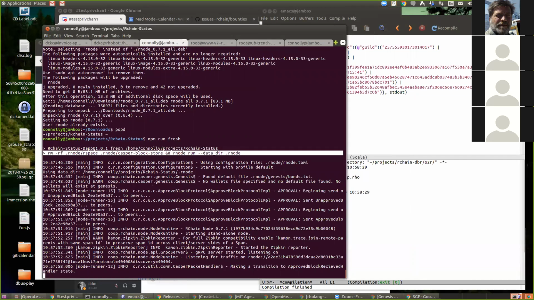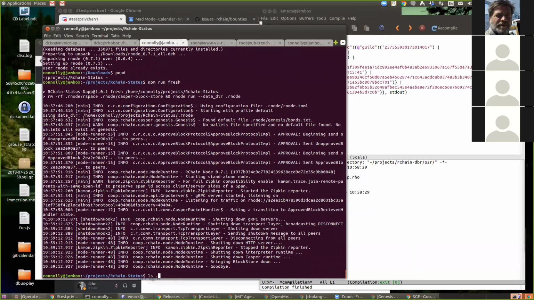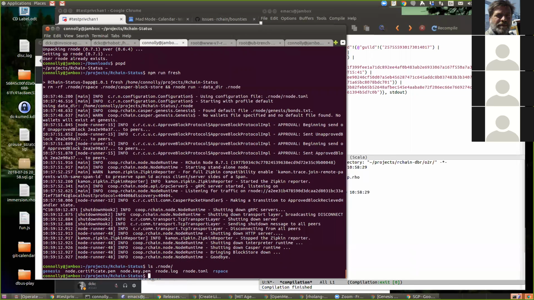Start Fresh should have done that for him. I could try it again. Yeah, try to remove .r node and install it again. No, but this one's got stuff in .r node that's supposed to be there.